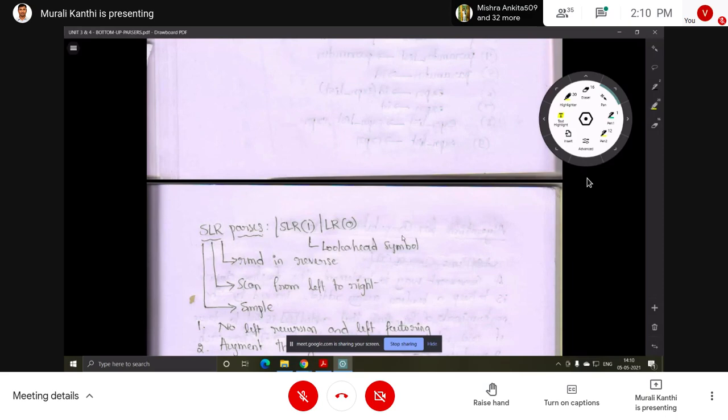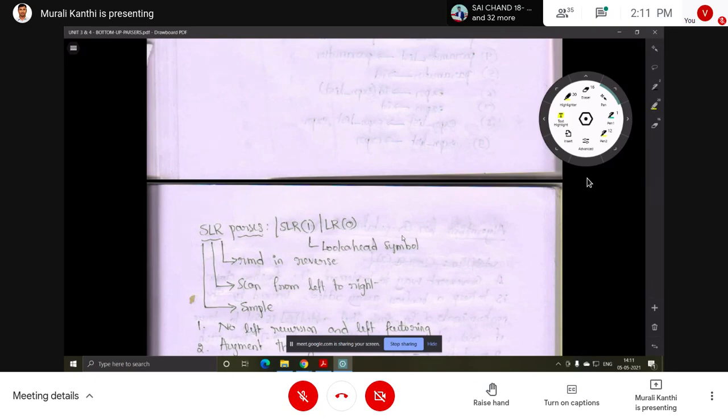The next one is reject. There are various kinds of rejections. That means the input buffer is not completed, then the stack is empty, or the stack has some symbols other than the start symbol of the grammar, or some symbols are still there in the input buffer. So there are different kinds of situations. By using this reject operation, the parser is going to announce unsuccessful: the given input string is not accepted by the grammar.